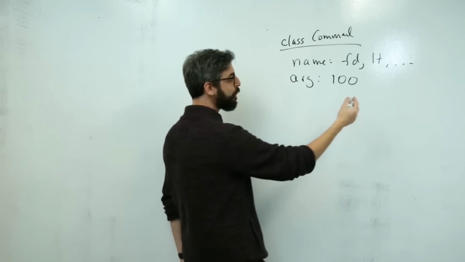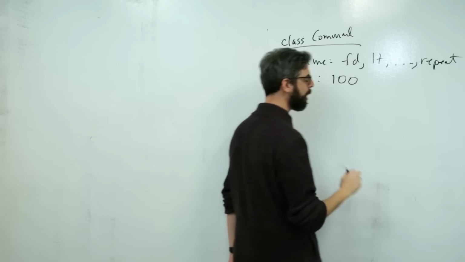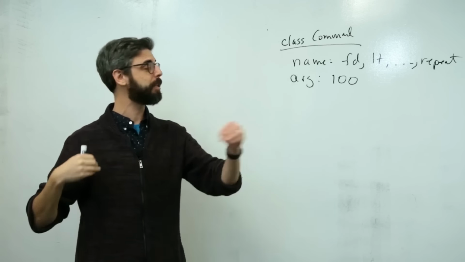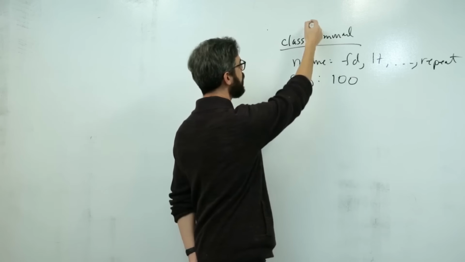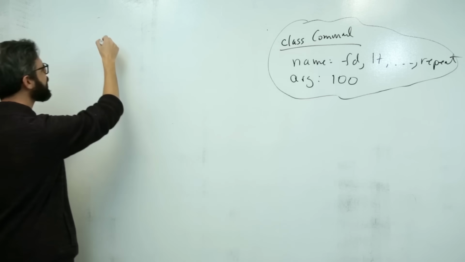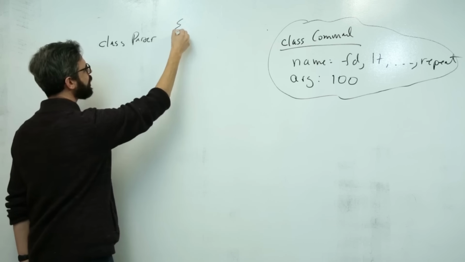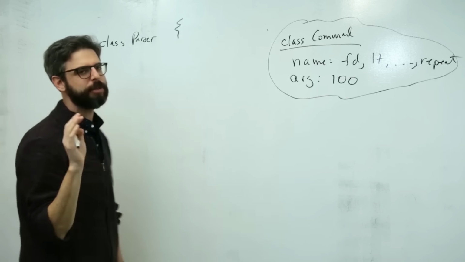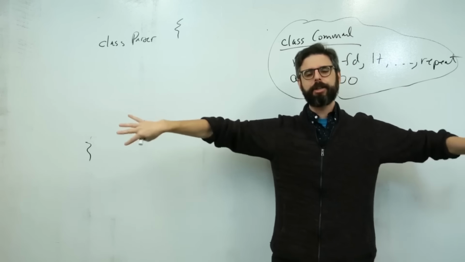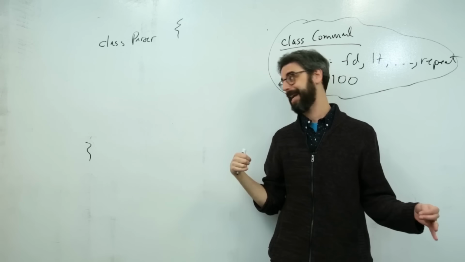And by the way, the command could be repeat, and I know I'm about to leave your view here. Repeat, and then the argument could be a number also, because you're going to repeat something a certain number of times. So you have this idea of a command class. And then maybe what would be useful is to create a parser object. And actually, instead of using split, which I used as a way of looking at the Logo instructions and just splitting it into a big array, I think what I want to try to do, in the most absurd thing ever, is